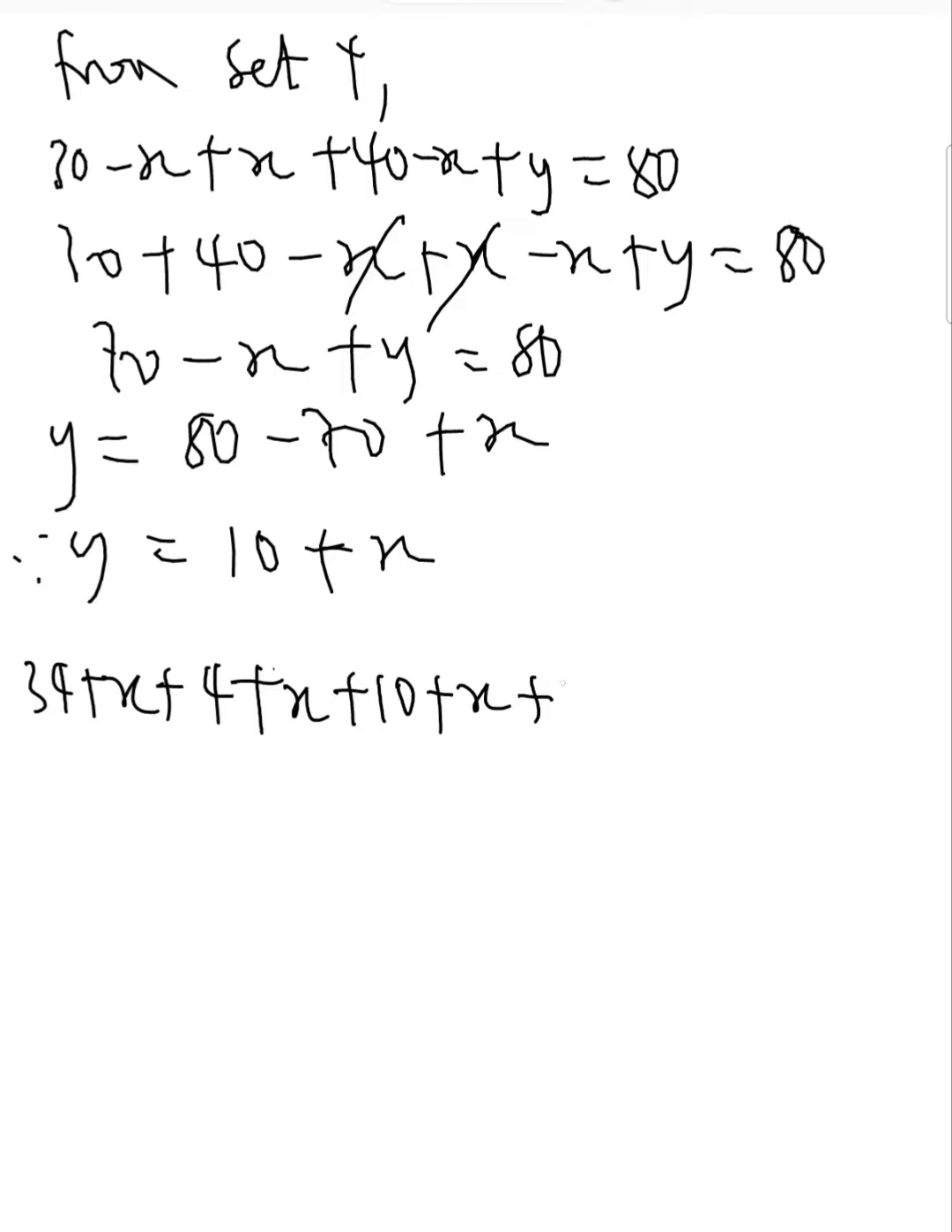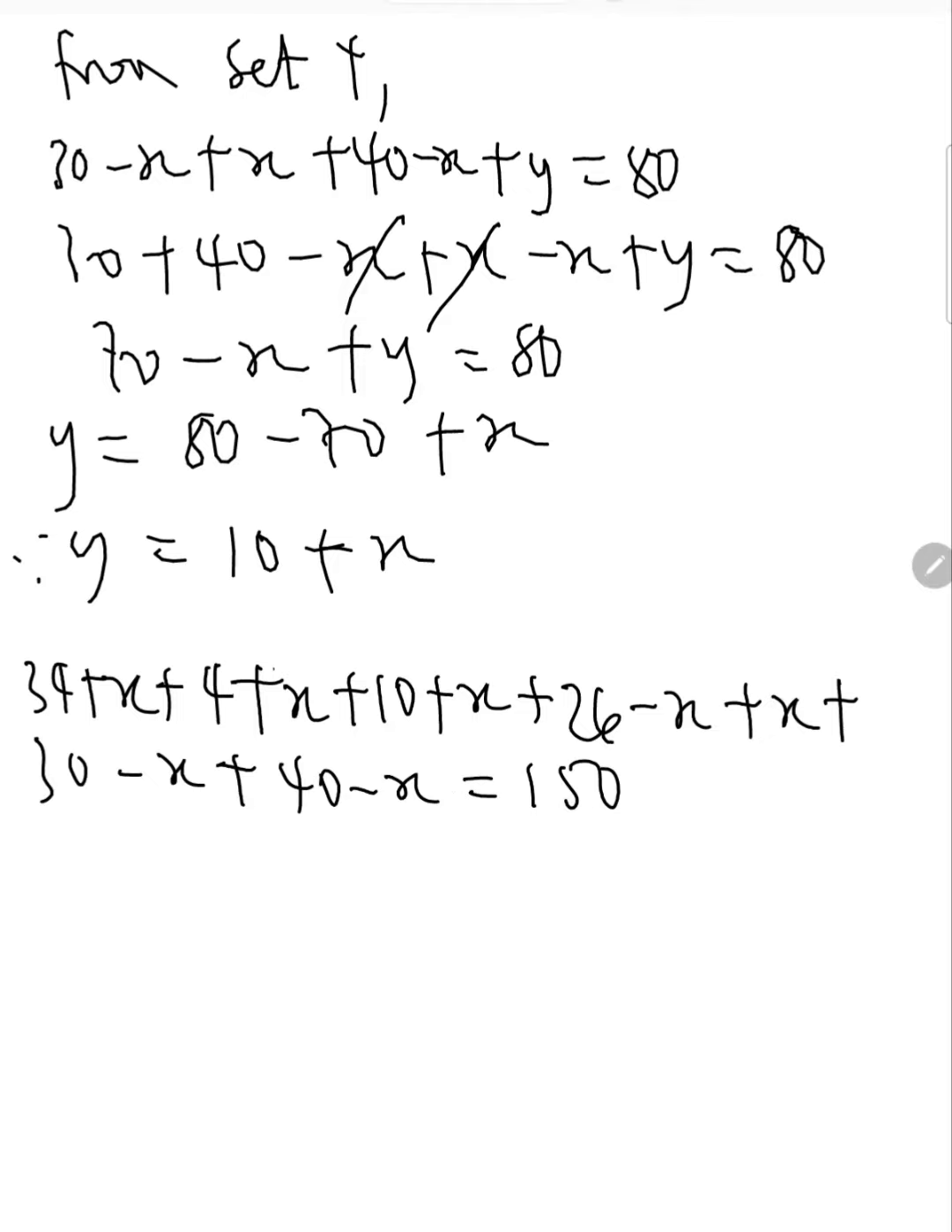So plus what? 26 minus x plus x plus 30 minus x plus 40 minus x equal to 150. Okay, and 150 is what? The universal set, or the total number of traders in the survey. So when we add 34 to 4, 10, 26, 30, and 40, we will arrive at 144